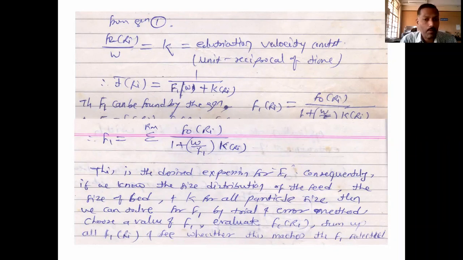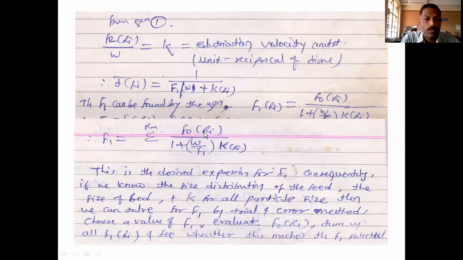But in the plug flow type of reactor, if it is given, then the residence time will be the same. Okay, so this is the calculator. So F1 we need to calculate here. For calculating this T bar, if you know the conversion velocity constant of each particle and the weight of the bed, then F1 we need. So F1 we calculate by using this equation.